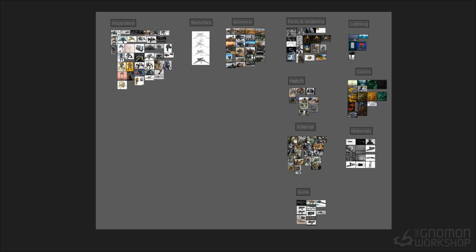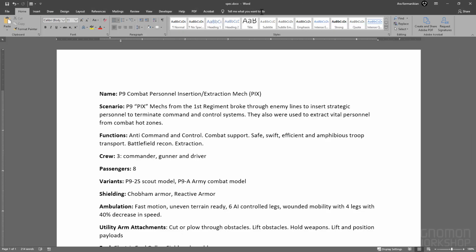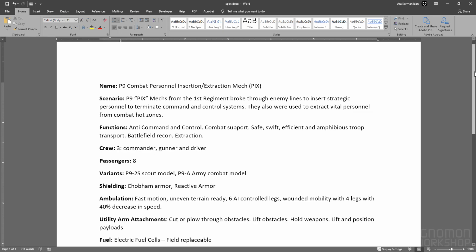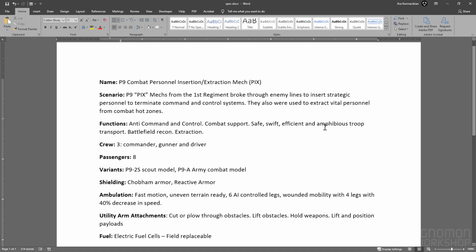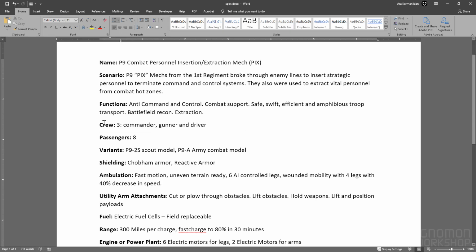Now, another thing I also did as far as research is concerned is built this quick spec sheet that I did in Word. And here in this one, I basically am making this more like some of the things we saw in the books earlier, where I have a name for the mech, and so we're going to call it the P9 Combat Personnel Insertion Extraction Mech, or PIX. And here's a little scenario of where it could be used, just kind of to add to the lore of it, I guess, and some of the functions that it has, the crew, the passengers, different variants that it could have,